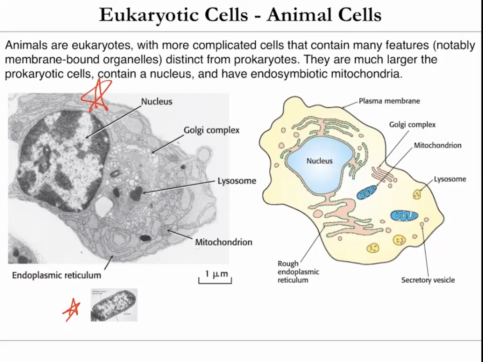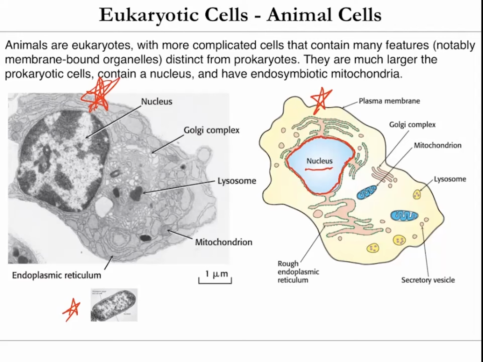So we have an electron microscope image of a eukaryotic cell here, and a cartoon diagram here. Eukaryotic cells, most of them, not red blood cells or sperm, but most of them have a nucleus. The nucleus is going to contain the genetic material, so that's going to contain the DNA.